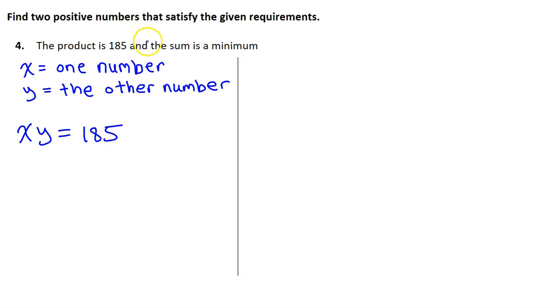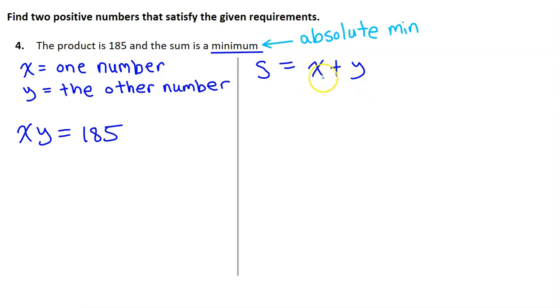The second half of the sentence tells us the quantity that we need to optimize. The sum is a minimum. For an optimization problem, you need to create a new variable for the quantity you're trying to optimize. Since it's the sum, I'm going to use the letter S. And of course, the sum will be X plus Y. So this is the quantity that we need to optimize, and specifically we need to minimize it. In other words, we need to find the values of X and Y that cause S to be the absolute